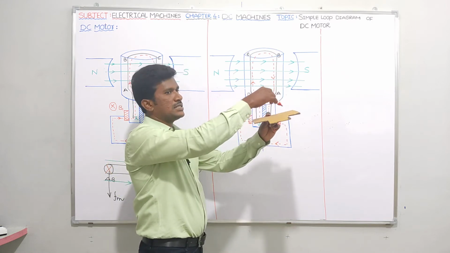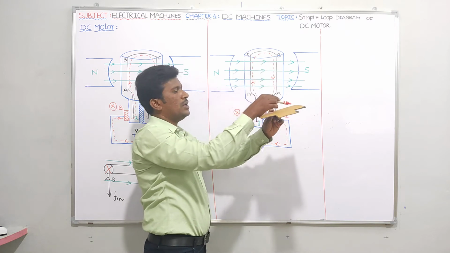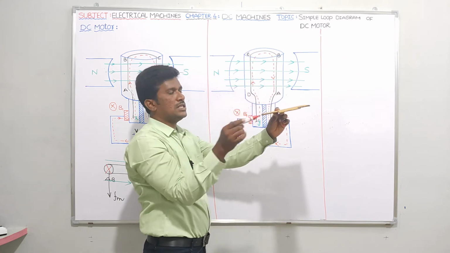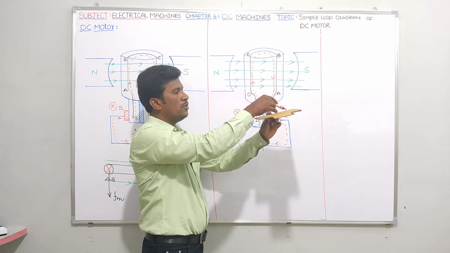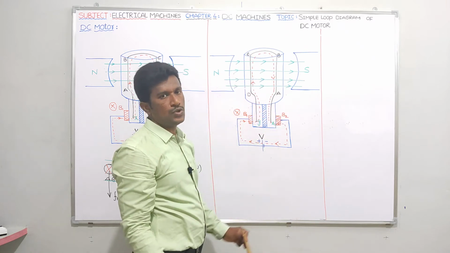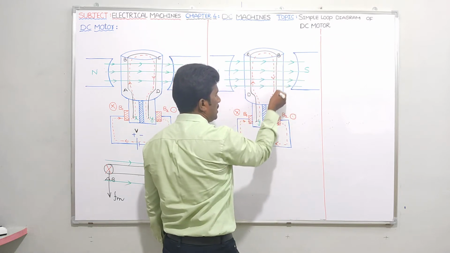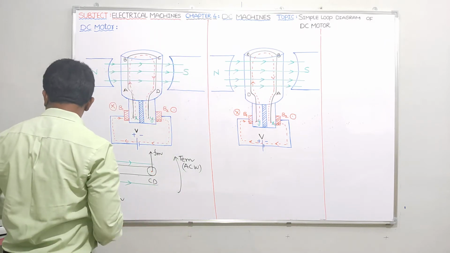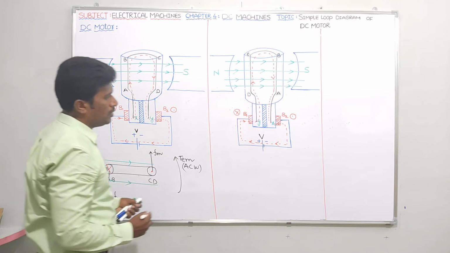Similarly, AB current is this side. Here B is there, here A is there. So from B to A current is flowing. Don't say current means upwards or downwards. B to A means it is coming from the board towards you. See, the B to A arrow mark is like this, coming from the board towards you. Towards you means it should be a dot. So the AB related brush is nothing but B2. Let me show a dot at B2. So I got the direction of current at brushes B1 and B2: at B1 I got a cross and at B2 I got a dot.